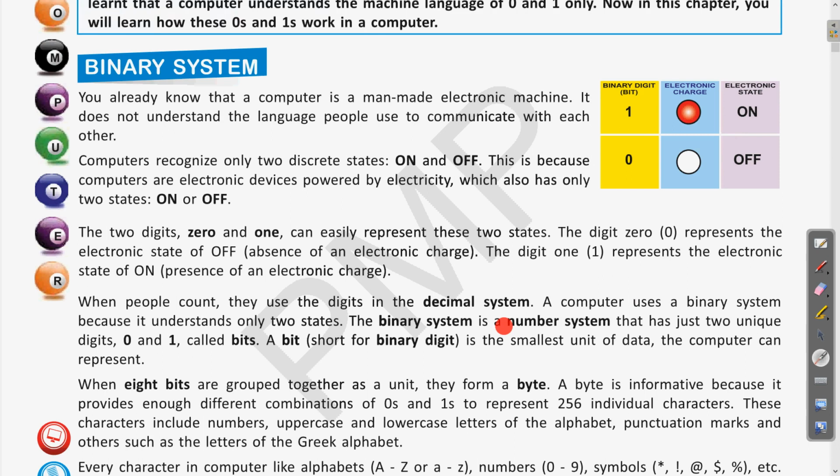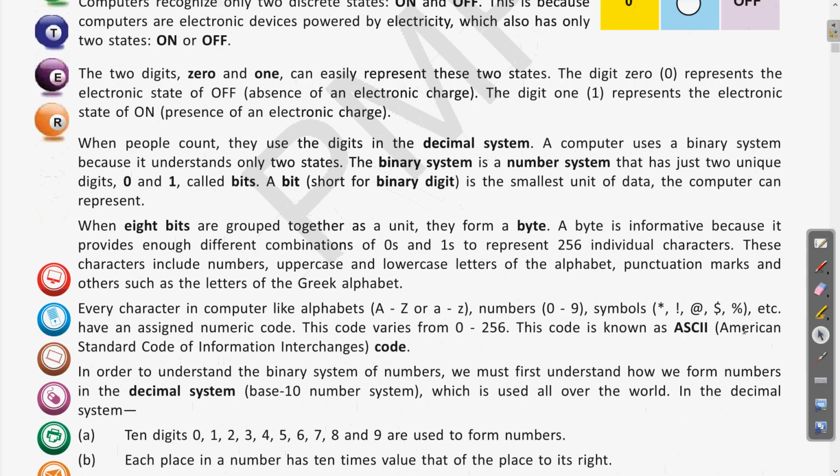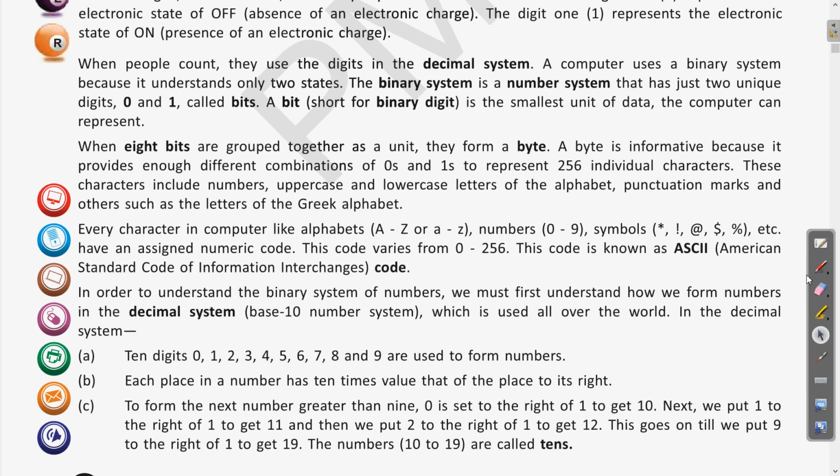We have explained that in the computer or any of the electronic devices, as there is only electricity, because of the presence of electricity it is denoted as 1, and when there is absence of electric charge it is denoted as 0. This we have already covered, and we have also seen what is the bit, byte, nibble, and then we have seen the ASCII character code, that is the American Standard Code for Information Interchange, and you are supposed to write these important abbreviations also so that it will be easy for you.